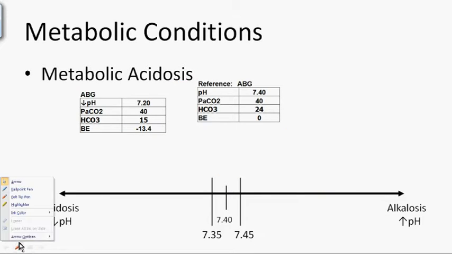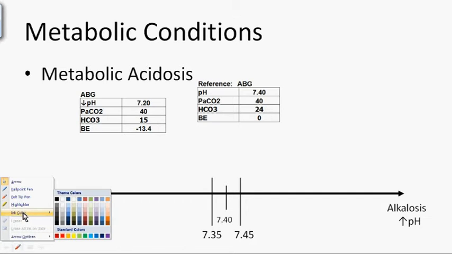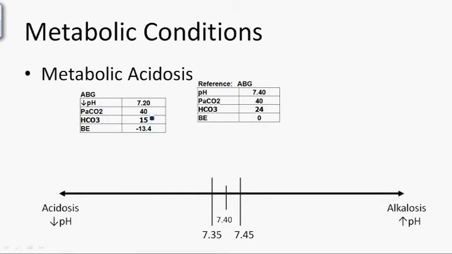So now let's talk about metabolic conditions. And in metabolic conditions, all the change in the pH is from something outside of the respiratory system. So it's going to be either an increase or decrease in acids because of something going on in the body. It could be from the kidneys, or it could be from even hypoxia, where we're getting a change in pH. So we're going to talk about a metabolic acidosis, and this is a common situation that can occur